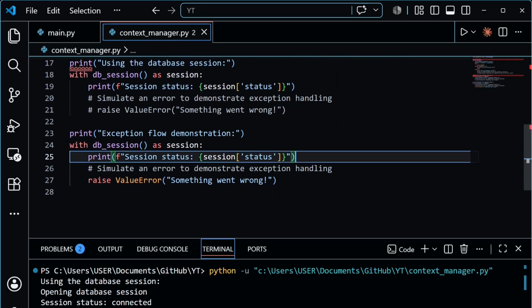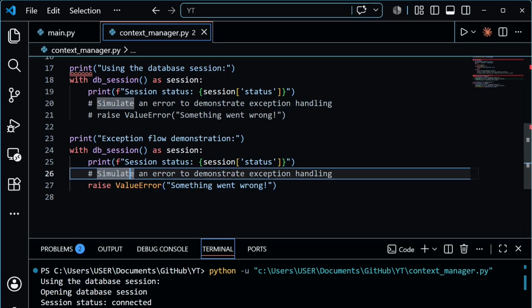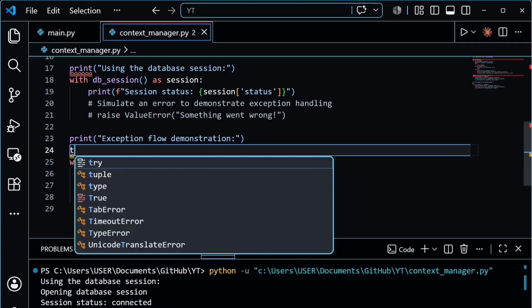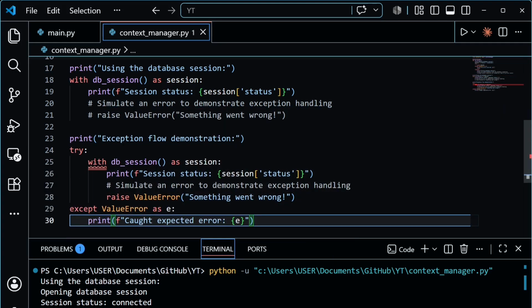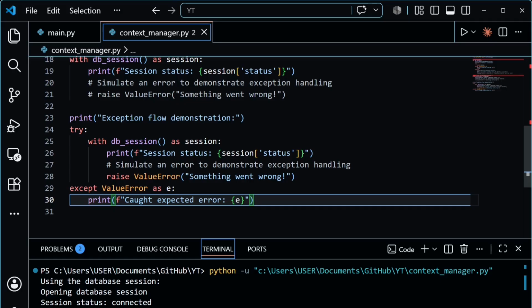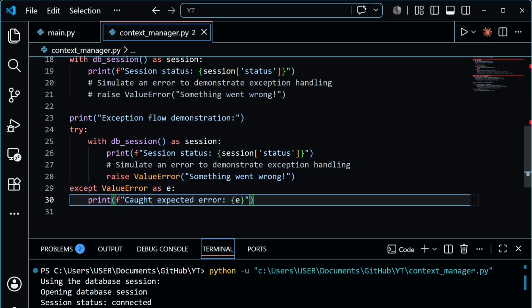Let's say with db, we now want to raise the ValueError that something went wrong. So I want to put this under try. Once I'm trying this right here, and once the ValueError occurs, we want to print out this is what was caught. So if I run this now,